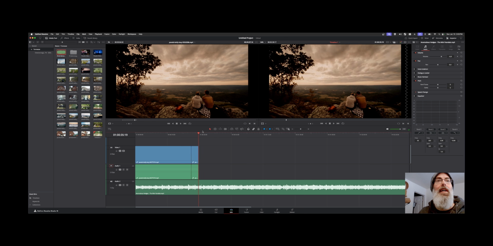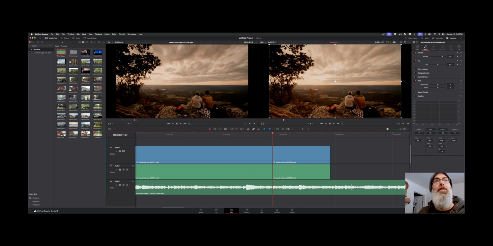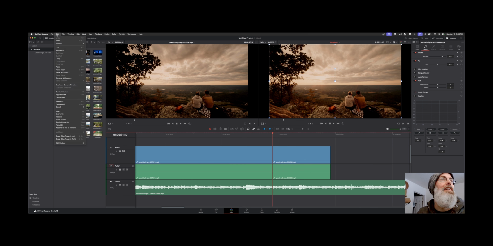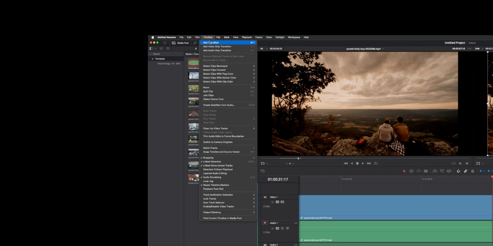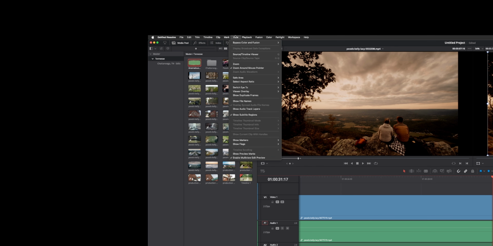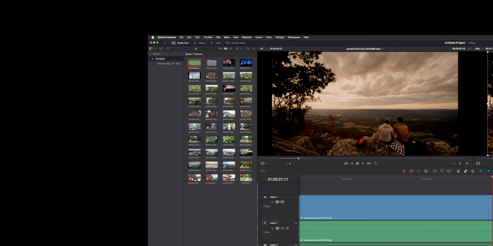So now let's say you want to add a transition. There's some default ones where you could say edit here. I believe it's timeline, add transition. So you have these transitions for a fade or just video or just audio. But what most people want to do is